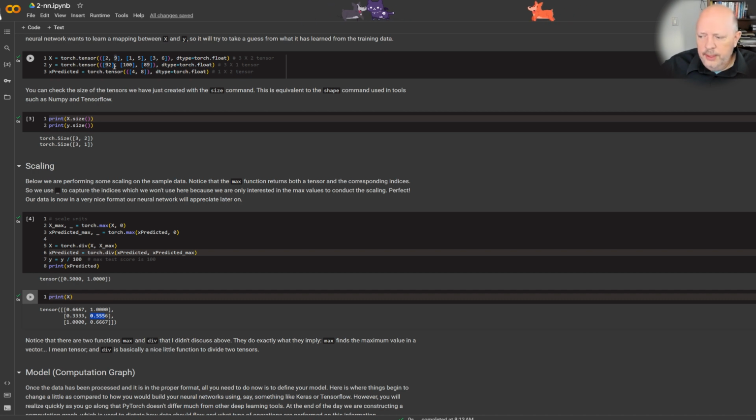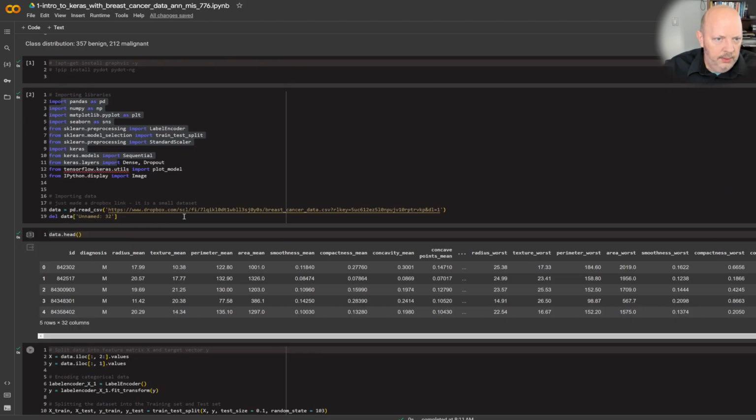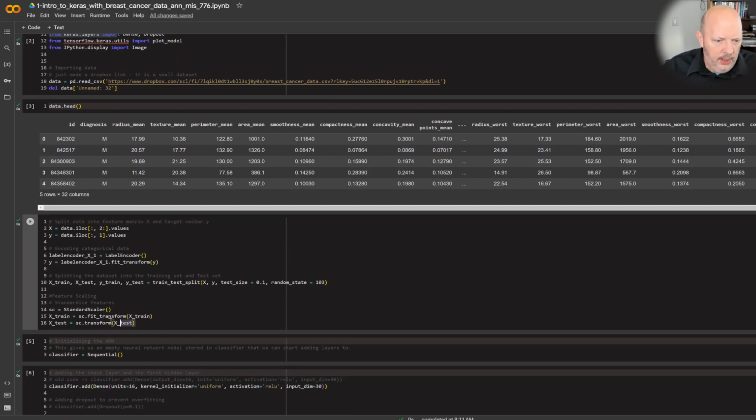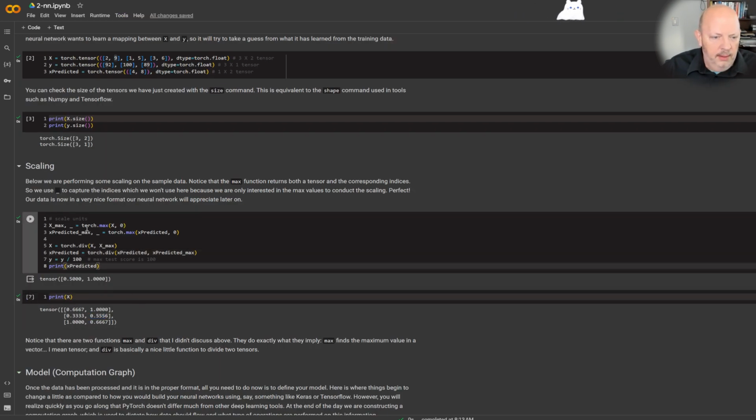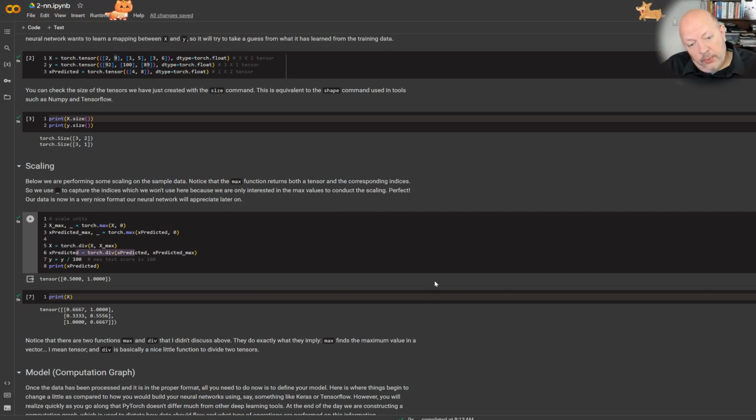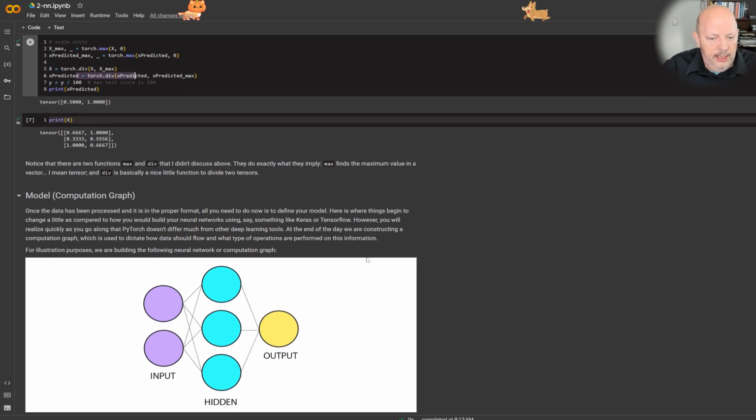The reason we do this is so that we have a common ground, a common basis to observe from. This is often called max-min or scaler. That is what this code does right here. Instead of just calling a function, here's actually the math behind it: find the max and do a division. That's what I like about this one, but it goes into a lot more detail.